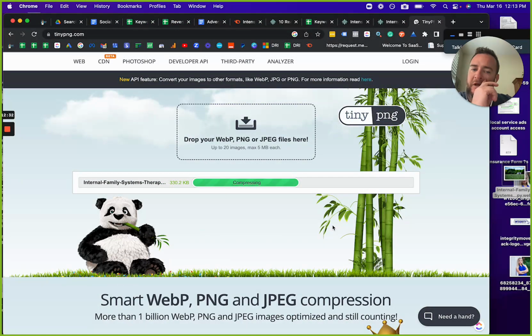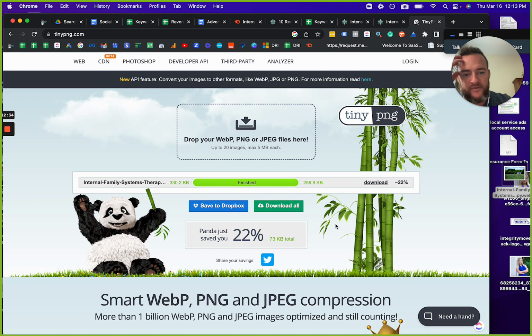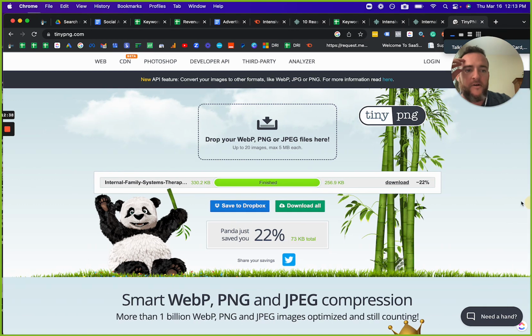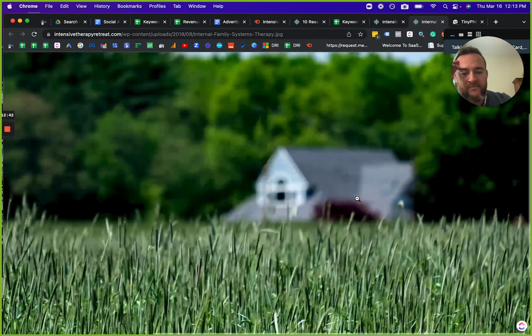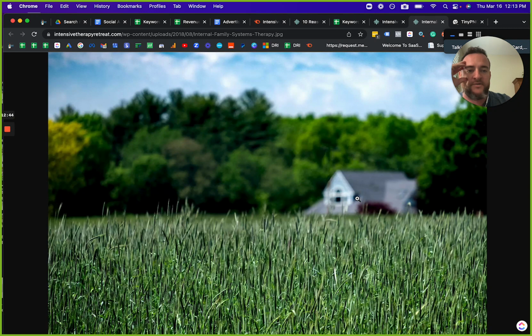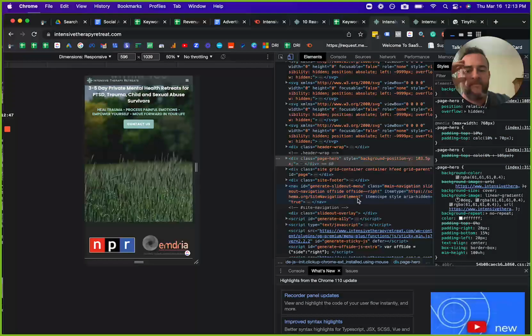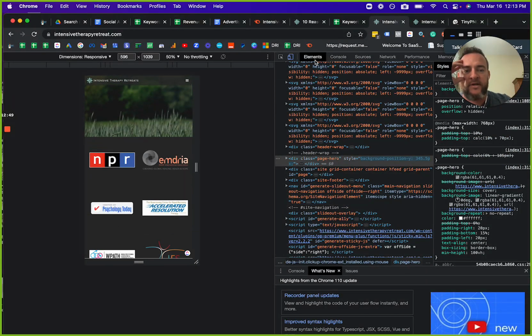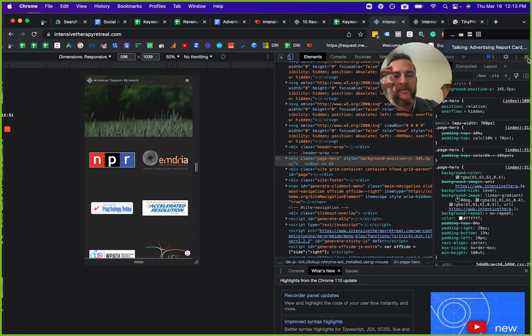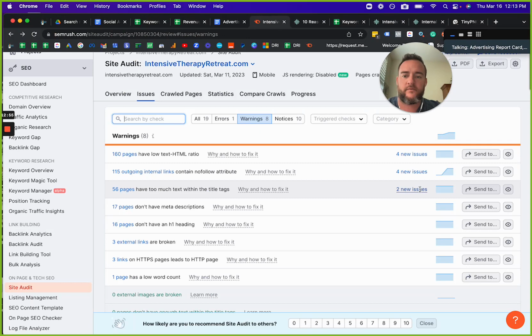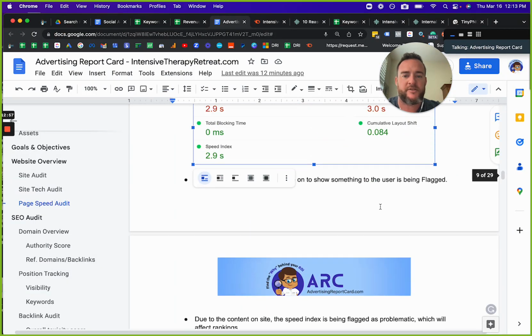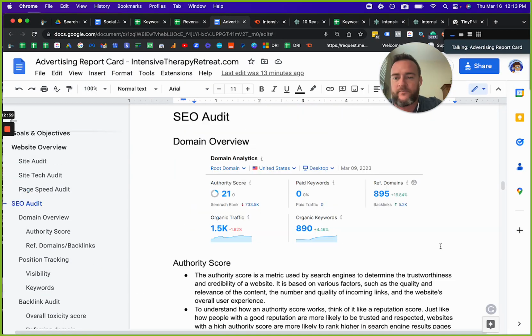See, it's not super large. Look at that. Even with TinyPNG, we only reduced it by 22. If you loaded this image at a smaller size, so the dimension wasn't so large, it would be more beneficial. But at the end of the day, it's just something to consider. Okay, so the split test on the hero image might be changing.